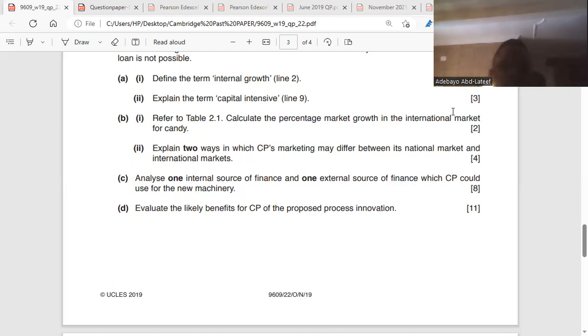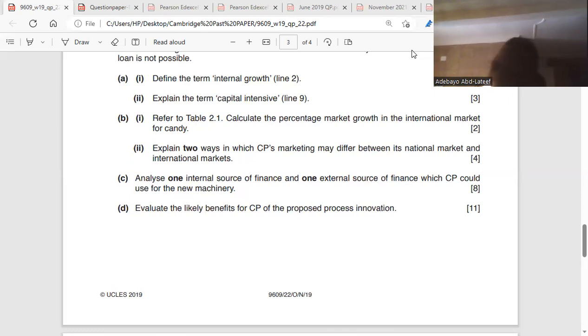All right. So what are the benefits of process innovation? Number one, economies of scale, technological economies of scale. CP is going to get new equipment. That is why it's changing from 20 production lines to 1 production line. So there's efficient use of machines. That is technological economies of scale. The second point is about efficiency. CP is going to replace the 25-year-old machinery with a new one. That brings efficiency. Yes or no? Yeah. The third point is direct cost. CP is going to make some workers redundant. So direct cost will be reduced. Workers are going to be replaced with machines, which is good for CP.